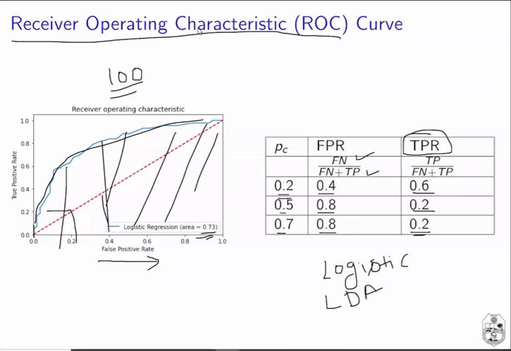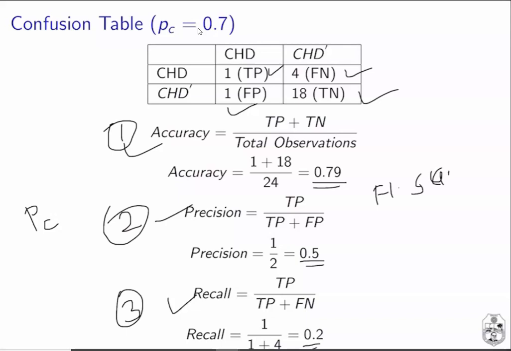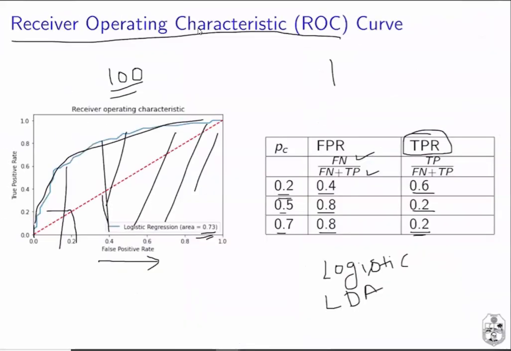The classifier model is basically evaluated using four different parameters: accuracy, precision, recall, and F1 score. And if you want to compare the performance of two different classifiers, then you can use the ROC curve. So this is about predicting the values and evaluating the performance of the classifier that you have built. Thank you.